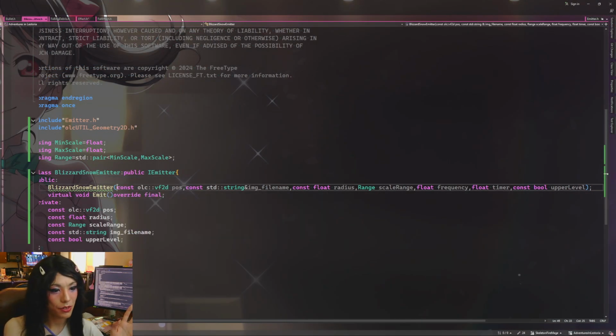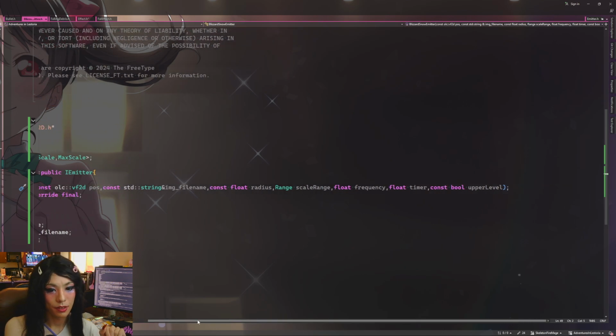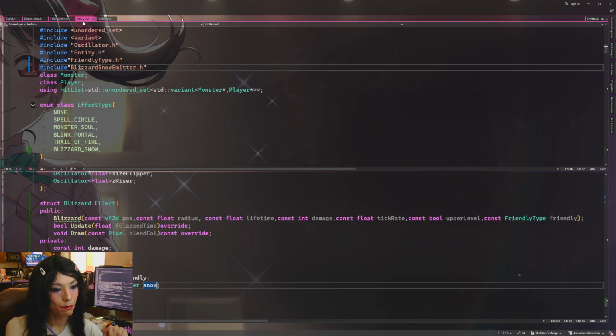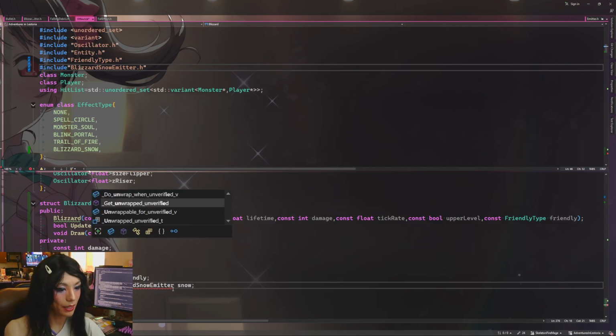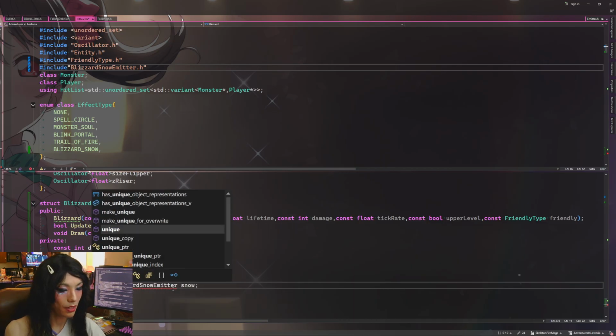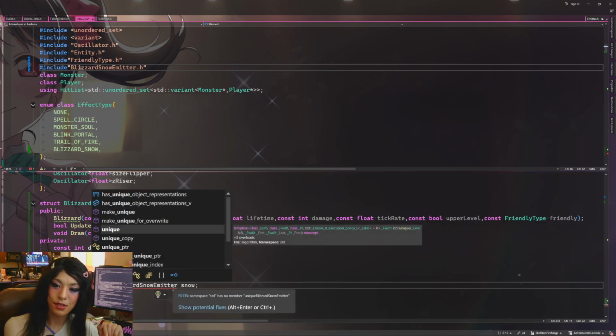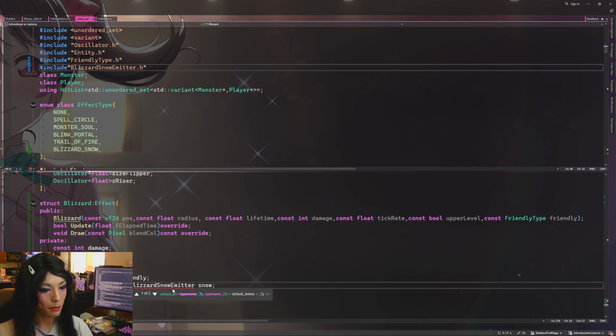So what would a default constructor look like, and why would I need to create this later? I guess what I would have to do is, yeah, I think it's the only way. I'm just trying to think, can we avoid that? I feel like we can't, at least with the way we're trying to use it, right? Do we need to store it is the question. I guess we do need to store it, so yes, we're going to create a unique pointer here of a